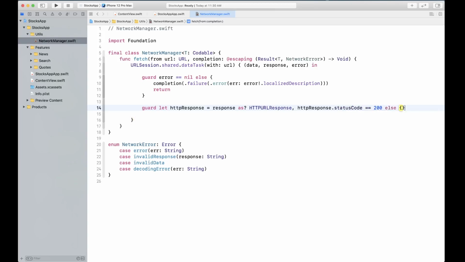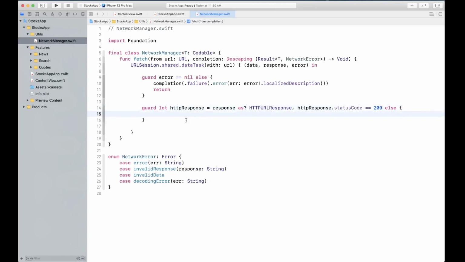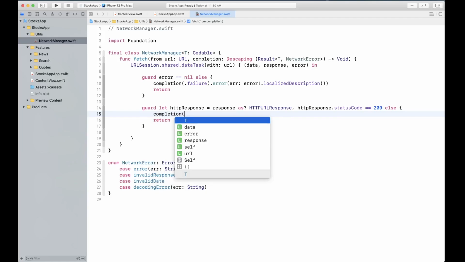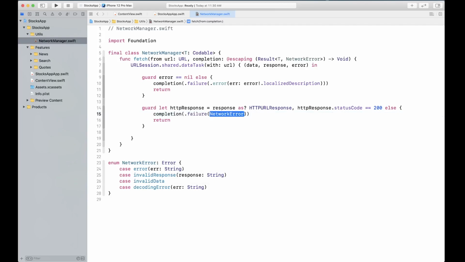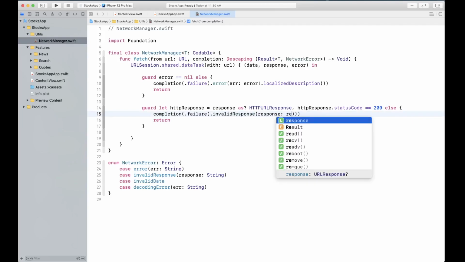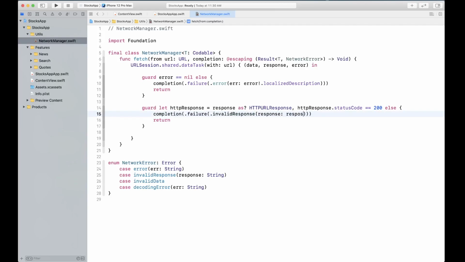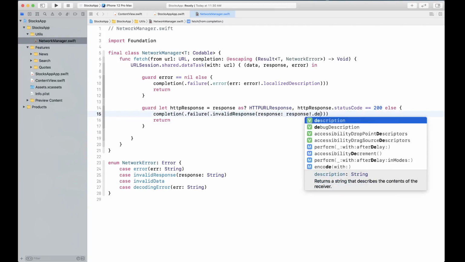If either of these fails, so for example, if your response is not of type HTTP URL response, or if the status code is not 200, in that case, this code block is going to be called, and we're going to once again call completion with failure, and this time we're going to say it's invalid response with the response as response dot description.